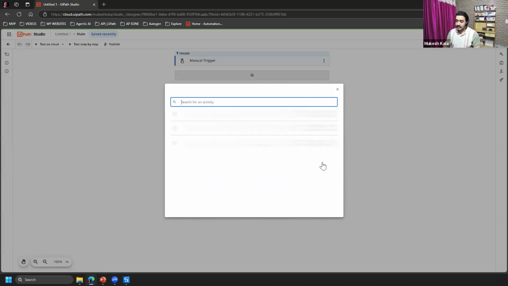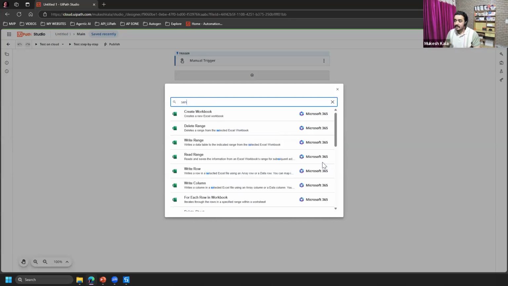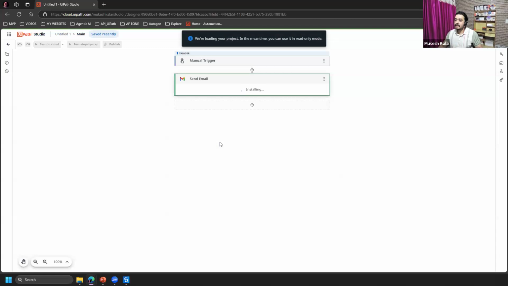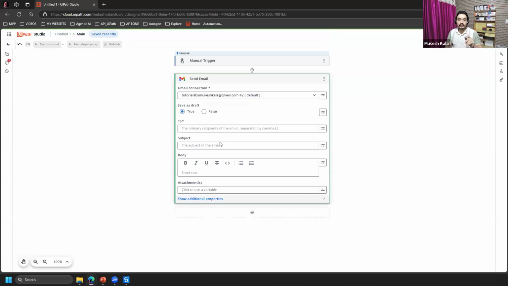Let's talk about something, let's say email, right? So I can just say send email. Now, when you want to send email, how do you want to send? You want to send it from Office 365, you want to send it from Google Workspace. Since I have already connected, I use this Google Workspace, send email, installing it, right? And you have this one. Now, if you see here, this has already taken my connection because I have connected it in my other project. If you want to change it, you have an option here to manage connection, or you can add a new connection to a different account, right?